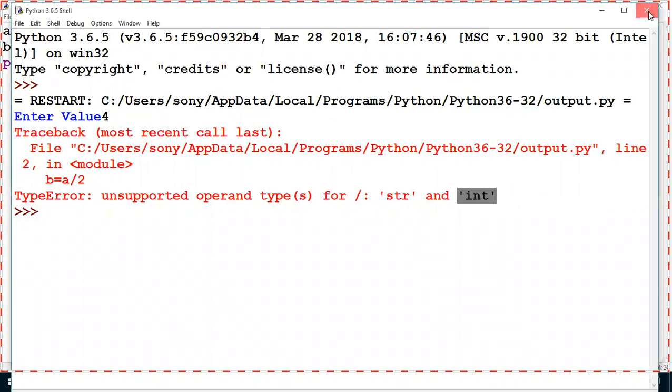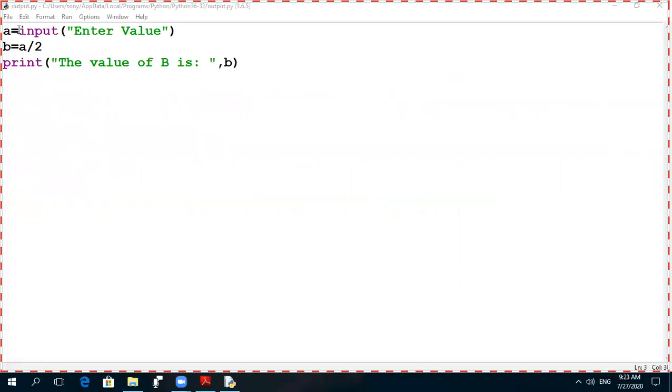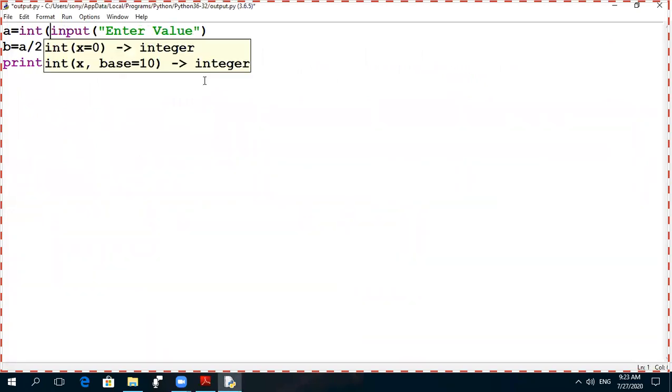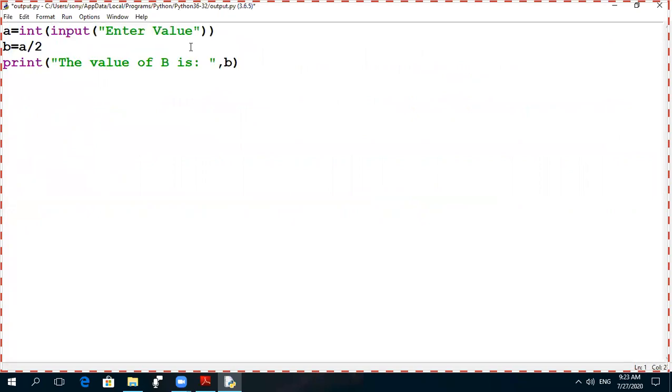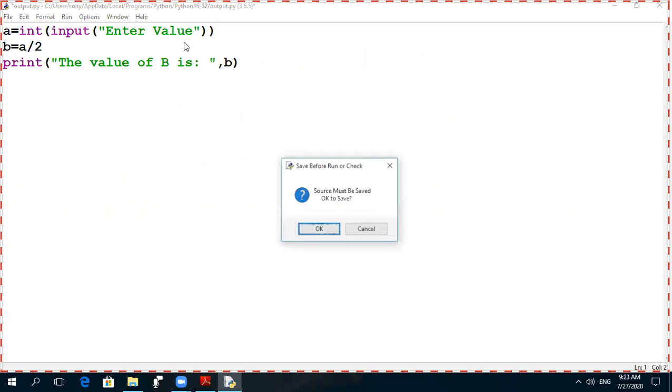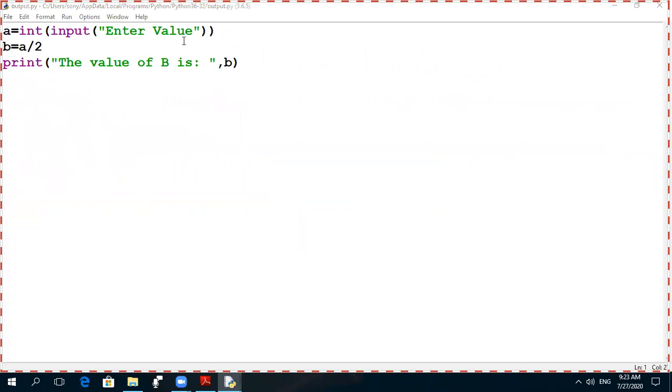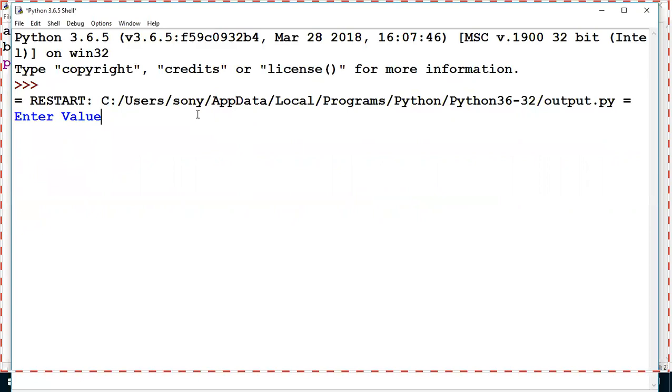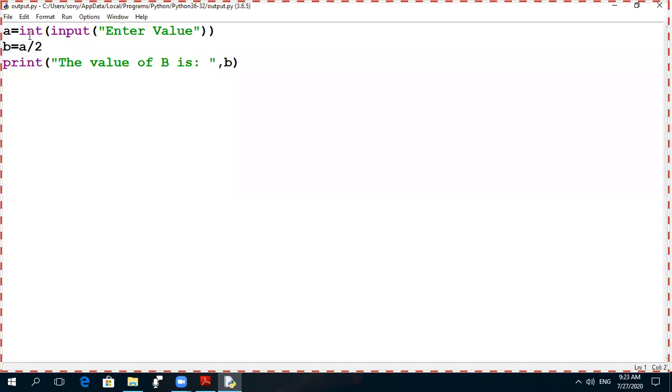If I change like this, before the input statement I write int and then close the bracket, save it again and then run your code. Again enter value. Suppose this time I am again entering 4, then the answer is 2.0. No error is coming. Why? Because of this int.